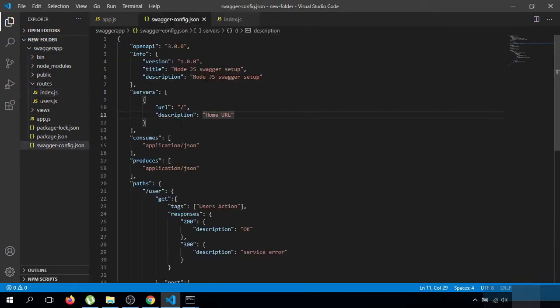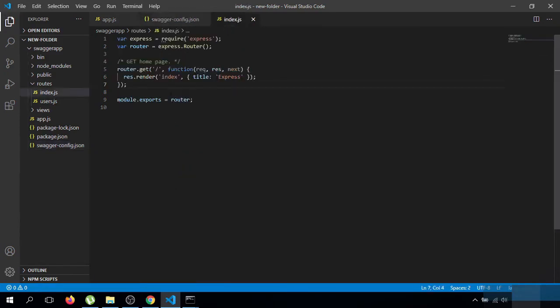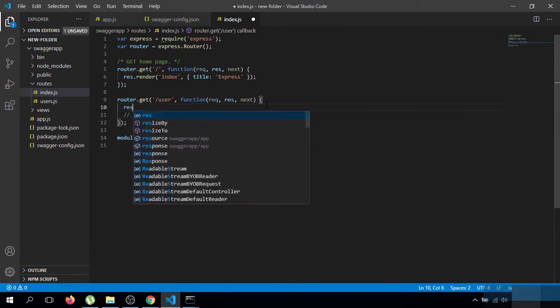Now when I hit user, which is a get HTTP verb, in this case I will have to write get property here, get route here. I will return some dummy response, dummy JSON.